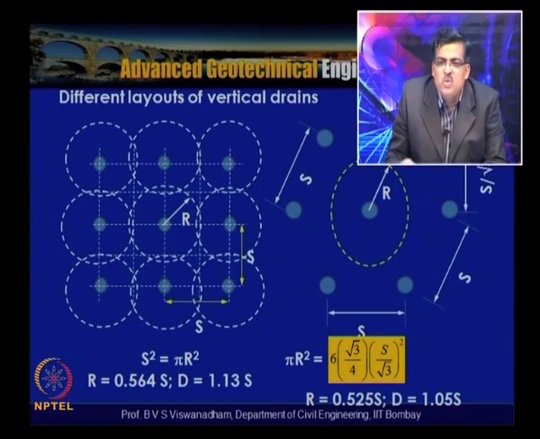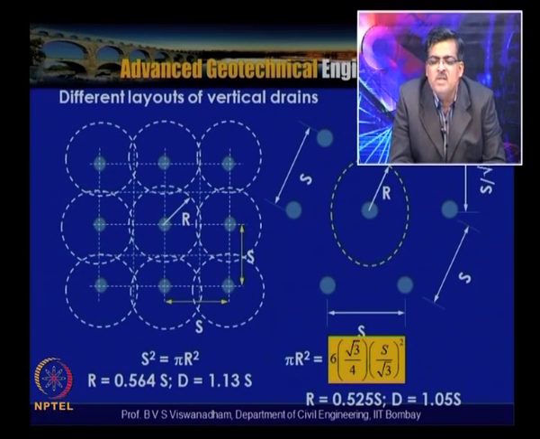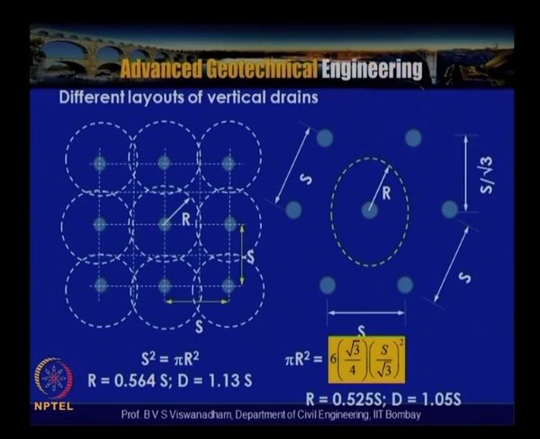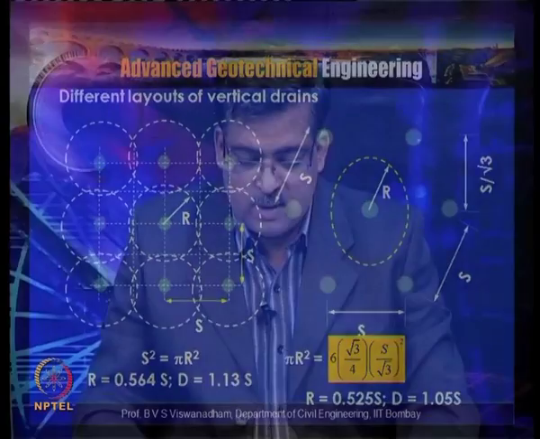pi r square, that is this area, is equivalent to 6 equilateral triangles that we have to take into picture. So 6 into root 3 by 4 into S by root 3 whole square, and by simplification you get the equivalent radius as 0.525 S, which means d is equal to 1.05 S. And similarly for prefabricated vertical drains, as was told,